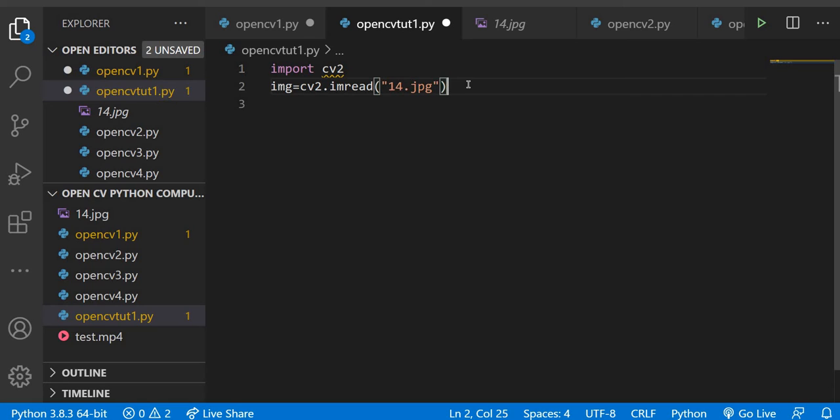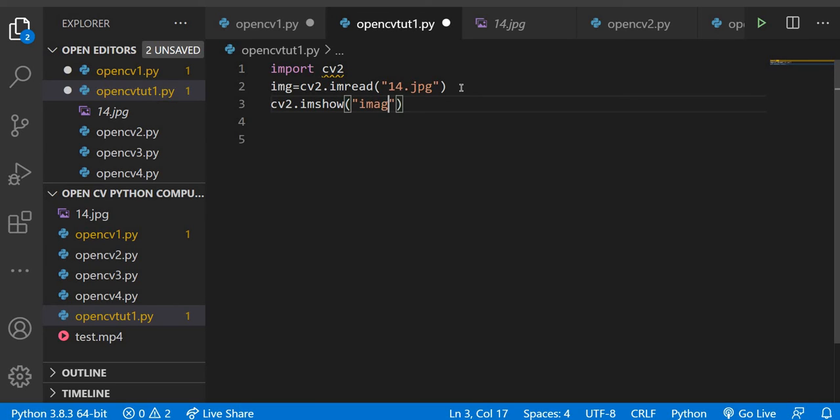After doing so, you can see that we have imported the cv2 package, and after that we have read this image, 14.jpg, and after reading this image we will have to show it. For showing this image, we will use the command cv2.imshow. It takes two parameters.